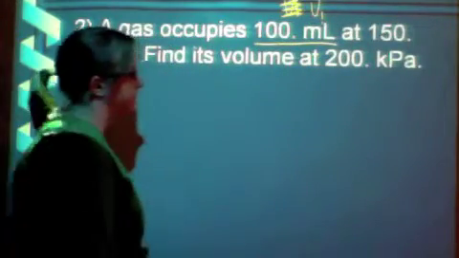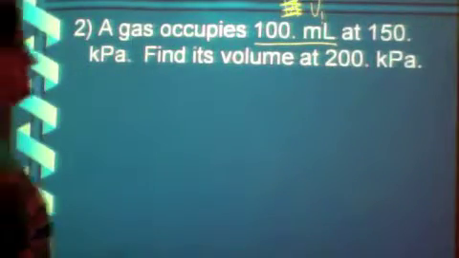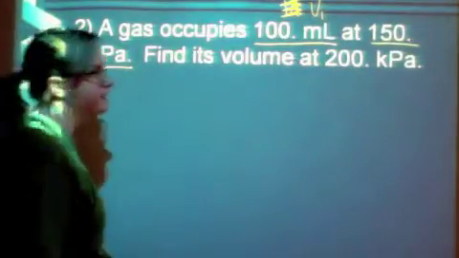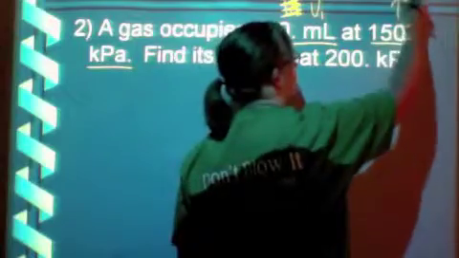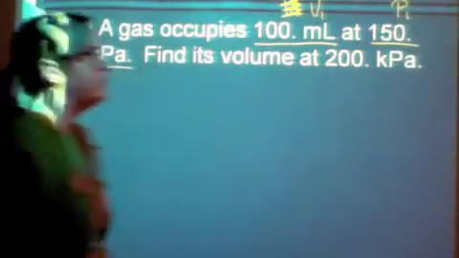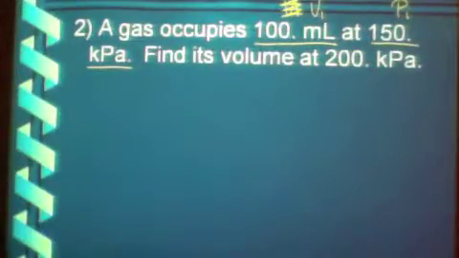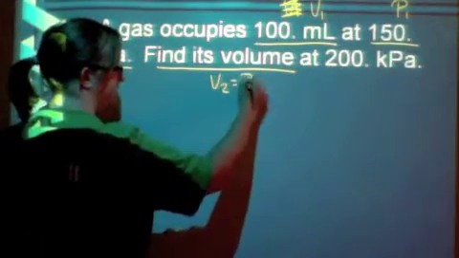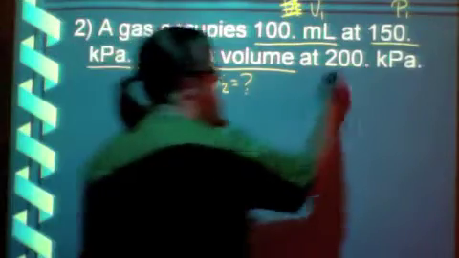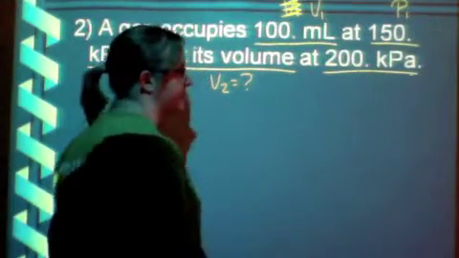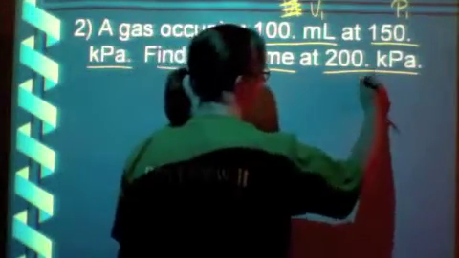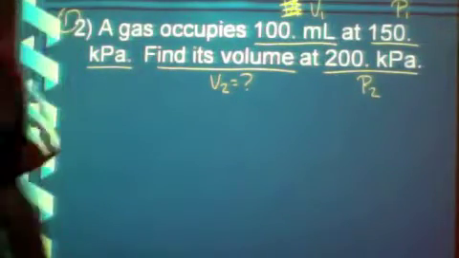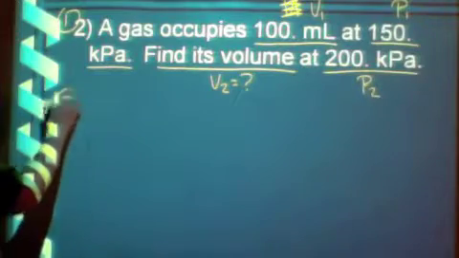V1 at 150 kPa. kPa tells us a unit of pressure, so that is our P1. Find its volume. So we're trying to find V2 at 200 kPa. kPa is a unit of pressure, so that is our P2. So that's step 1, we labeled. Step 2,